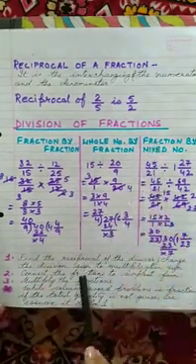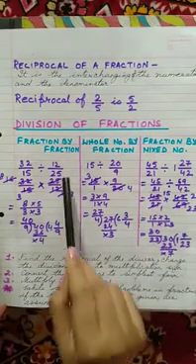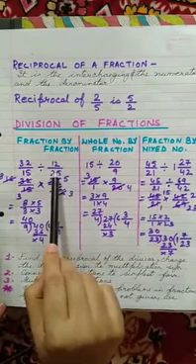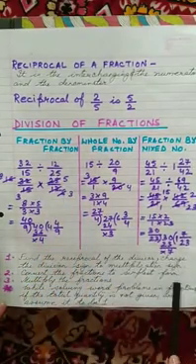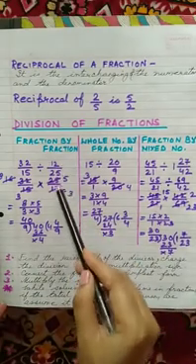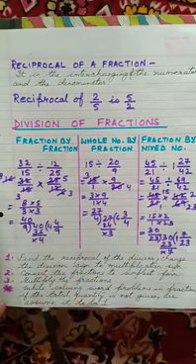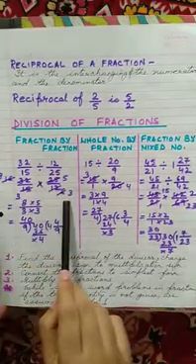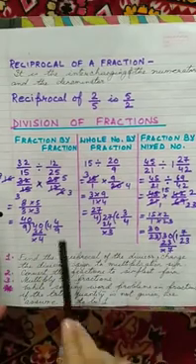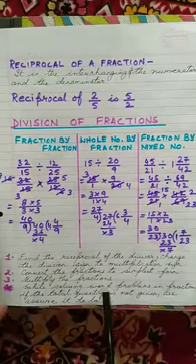Now let us see the points. Find the reciprocal of the divisor, that is the fraction on the right hand side. This is your divisor. Change the division sign to multiplication sign. As soon as we find the reciprocal, we have to change the division to multiplication sign. Convert the fractions to simplest form, then we cancel and bring them to the simplest form and multiply the fractions as we did for multiplication.